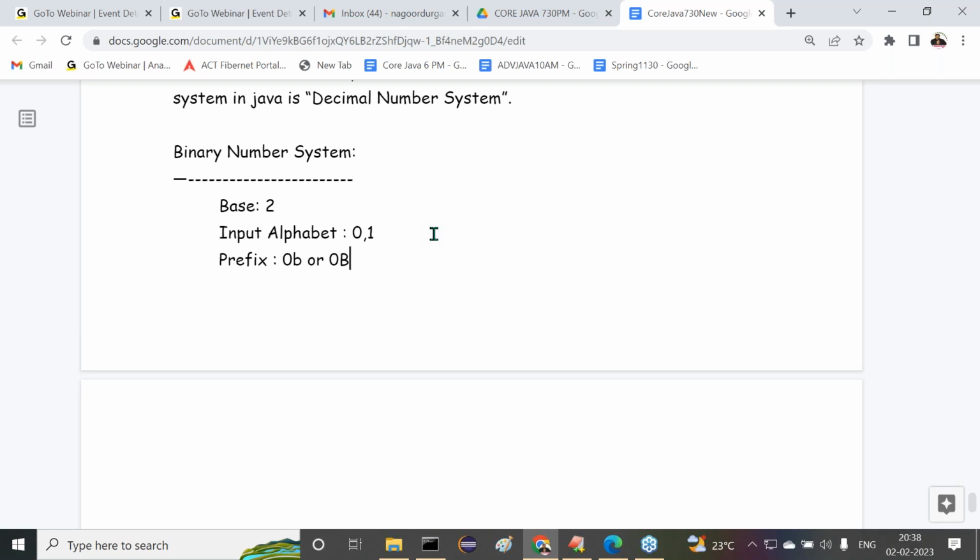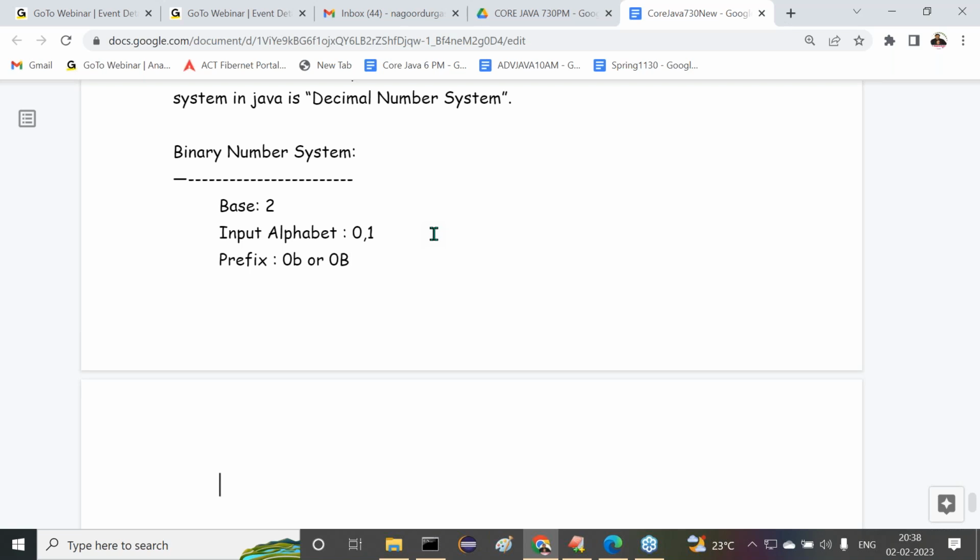For representing numbers in number systems, only a prefix value is used, not a suffix value. Here we have to use either 0 small b or 0 capital B as the prefix value.